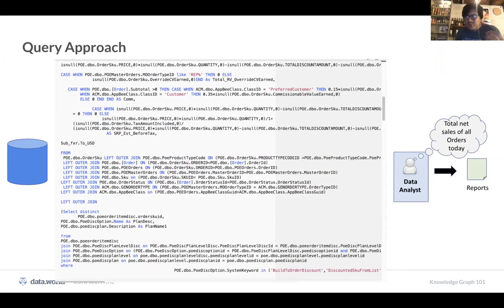Do people actually know what goes on in these queries? I mean, this is actually a real world snippet of a query that I've seen that a customer has. If you look at this query, look at all those left outer joins. Why are there left outer joins, first of all? Look at all these hard coded values. You can see there's a 0.15 times is null, 0.35. Why are they doing that?